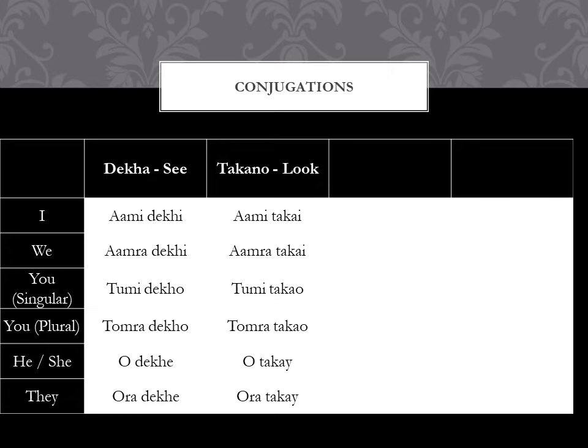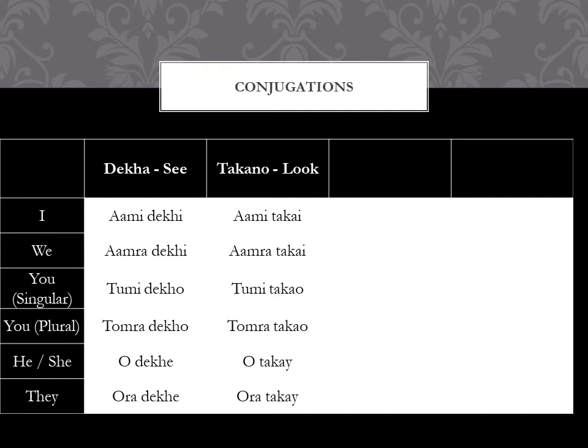So in this case, from Takano, to make the conjugations for first, second, and third person, we will cut off the no at the end of Takano, and add e, o, and i again. So you can say the conjugations are similar to the group 1 verbs, other than the fact that the group 1 verbs end in wa, where you cut off the wa and add e, o, and i. In this case, the group 3 verbs, we cut off the no at the end of the verbs and add